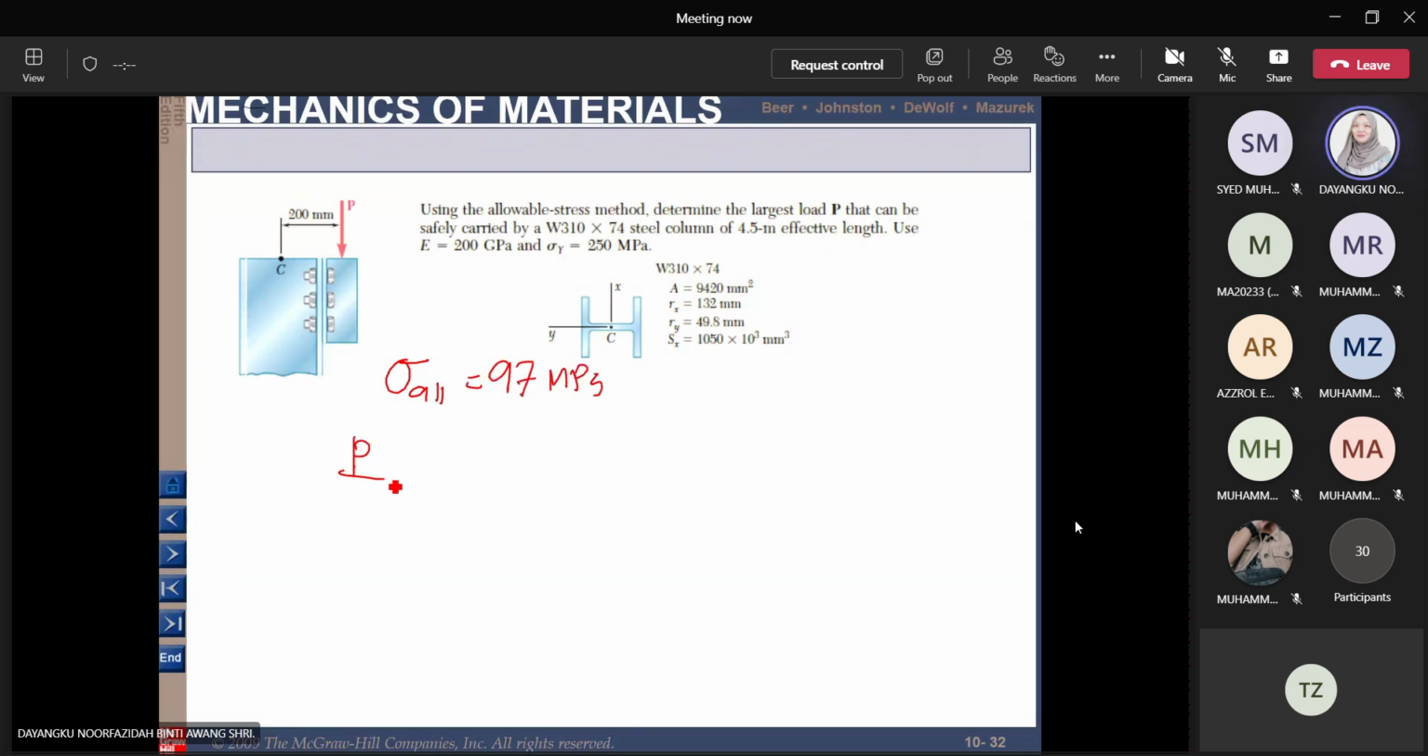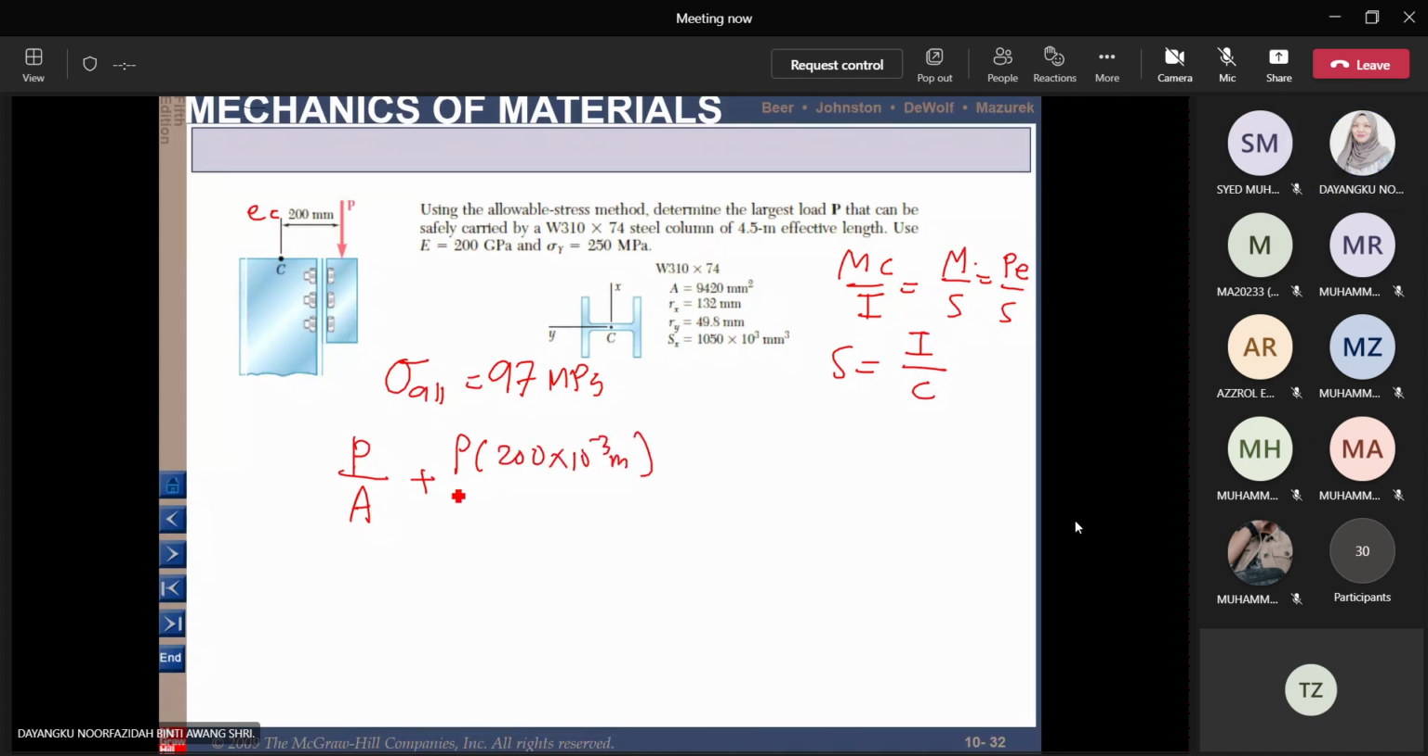So we will have P divided by area. A is given here, plus MC. M is not given there, but we know that MC over I is equal to M over S, because S is just I over C. So we can use this value here. M is just PE, so PE over S, in which E is given here as 200 mm. So we can directly use P times 200 mm